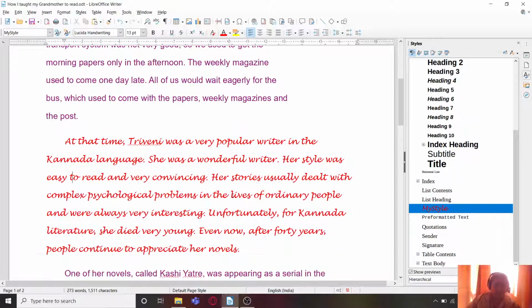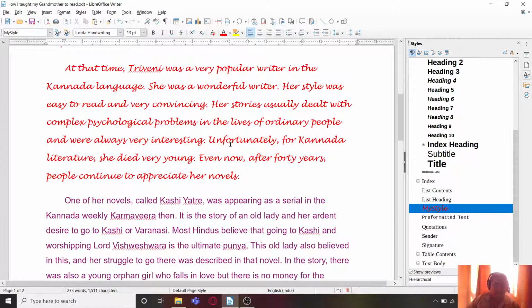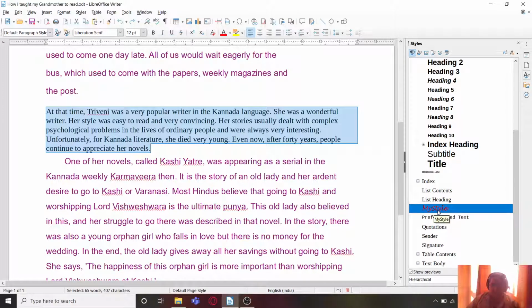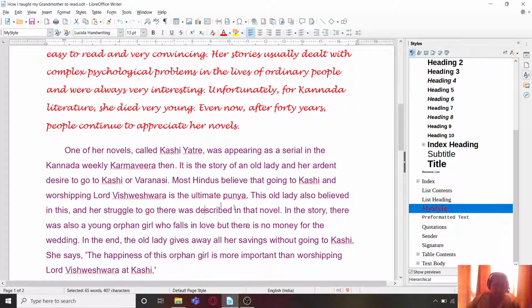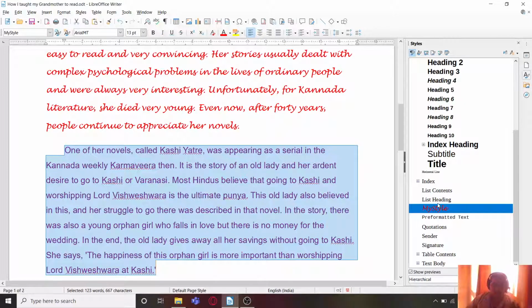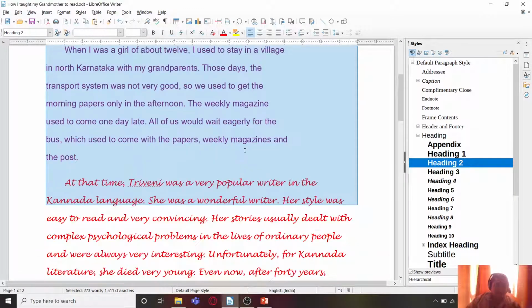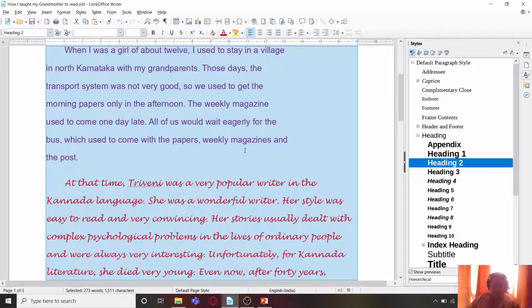Okay, now it applied. Now you can see that I have clicked the second paragraph and I have selected my style. It was applied properly. Let me click on this paragraph. It is not getting applied. So there could be some glitches related to that. Sometimes these glitches might appear, so we will just try doing something else.